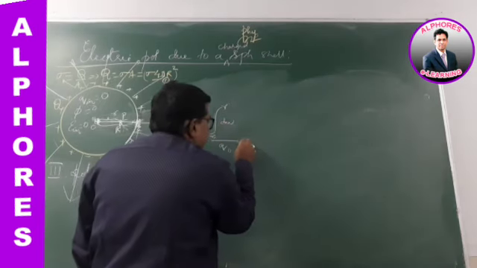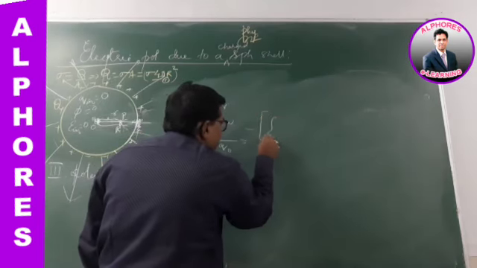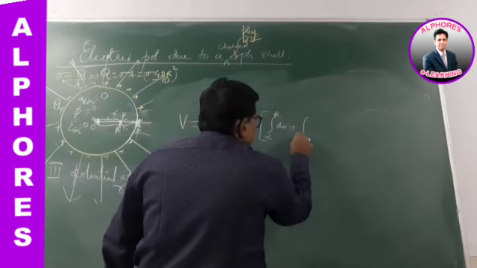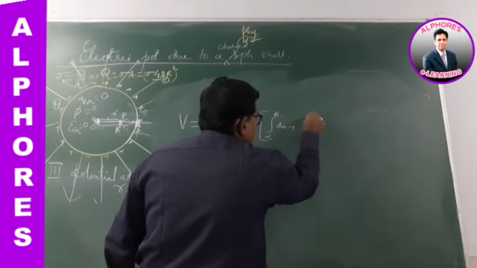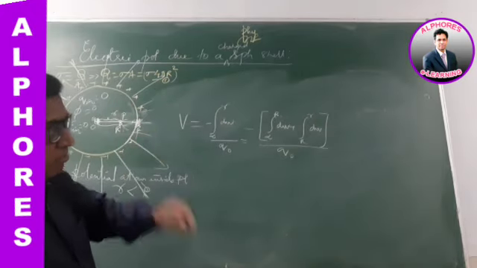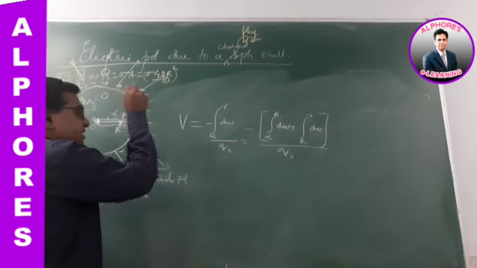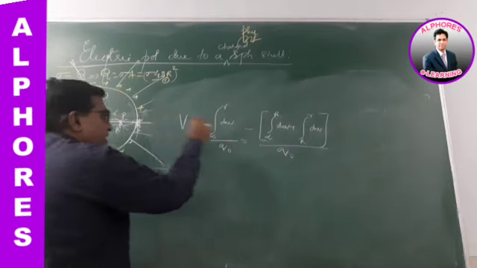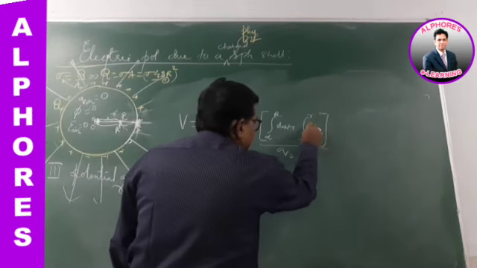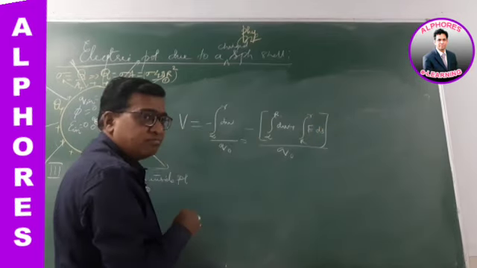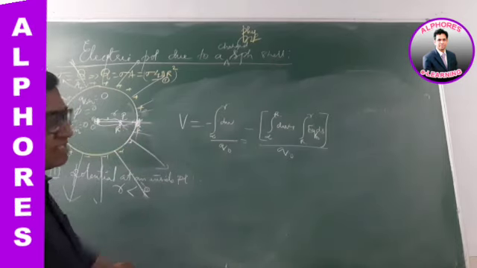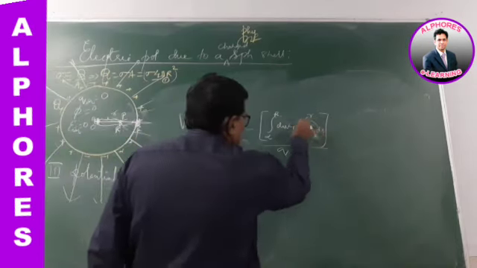But from infinity to small r is infinity to the surface and from the surface to the point. So I can write this term as minus the integral from infinity to capital R, that is to the surface, of dw, plus the integral of the work done from the surface to small r by q naught. The surface is capital R to small r. While moving from here to here, the work done is force into displacement, but the electrical force is EQ into displacement. From capital R to small r inside, there is no electric field, so this term becomes 0.